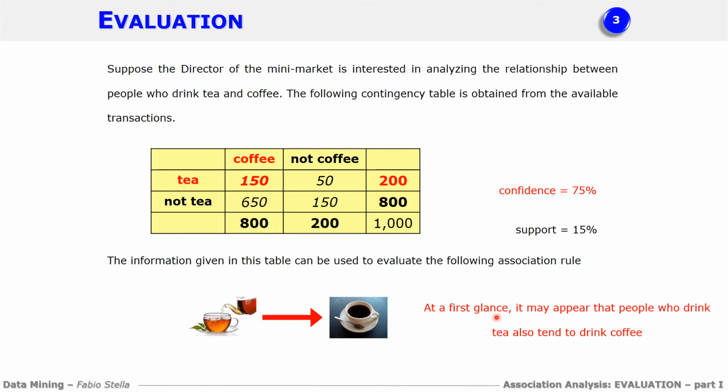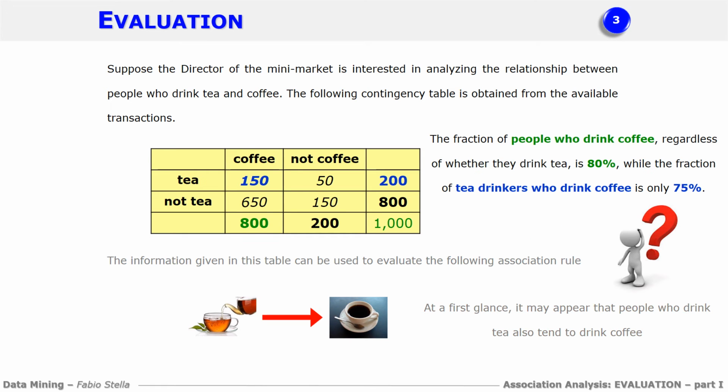At first glance, it may appear that people who drink tea also tend to drink coffee. However, we ask ourselves, how can we check whether this is true or false? So how can we check whether this rule is interesting or not? The answer to this question, whether the association rule that we have extracted is interesting or not, is